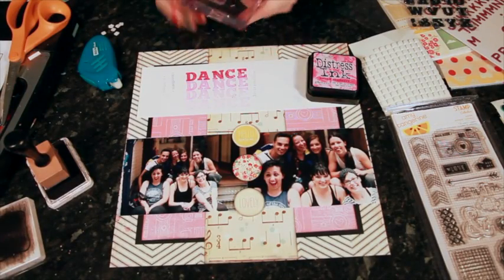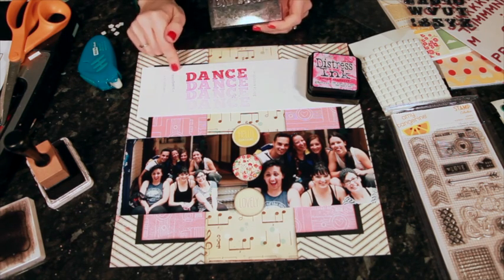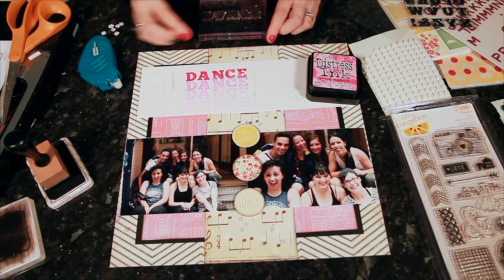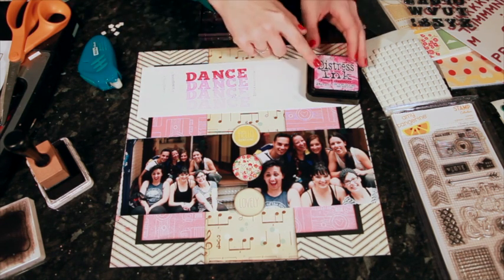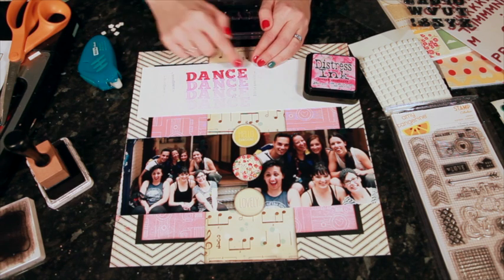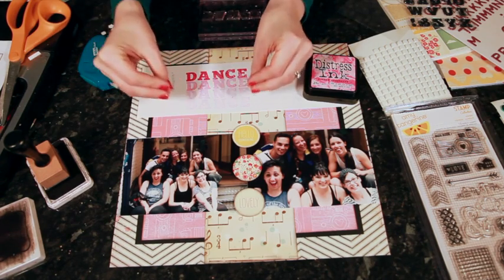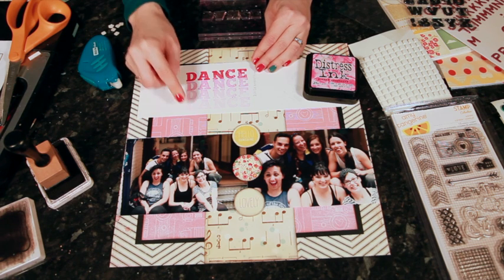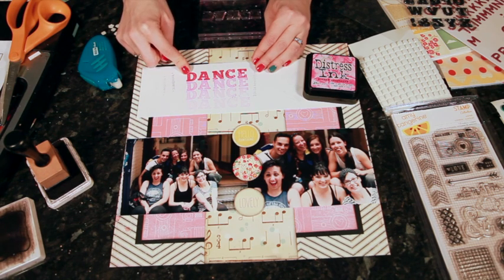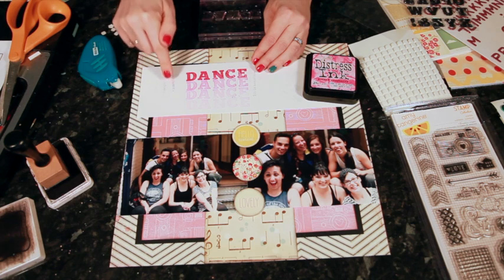For the stamping part of the title, I've spelt out my title on the block, and then just on some scrap paper wanted to give this a try so I could see the different colorings I would get if I just continued to stamp. So I inked it up with this Picked Raspberry Distress ink, and then stamped. This is the first version where it's all completely inked, and then I just kept stamping without re-inking so that I get this faded effect. And what I want to use on my layout is the bottom 3 and not this big bold really inked one. So I'll just ink it up once again and stamp this first one on the scrap paper